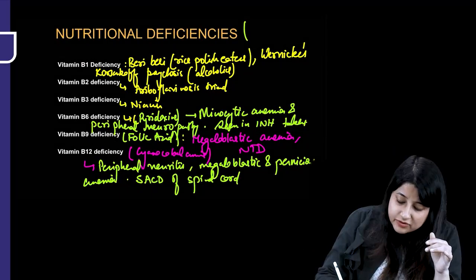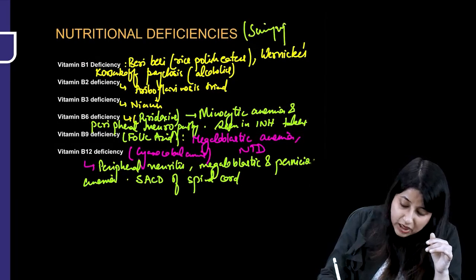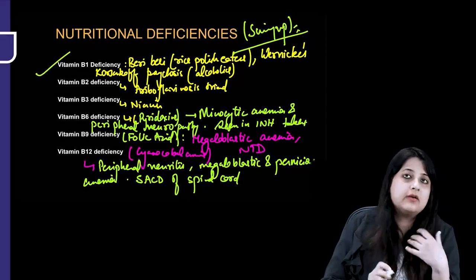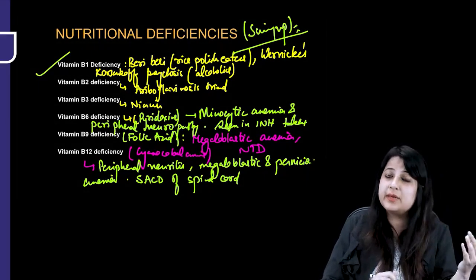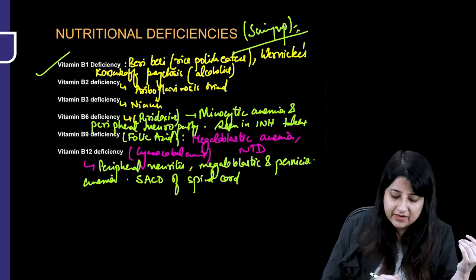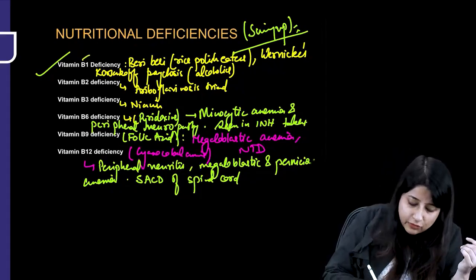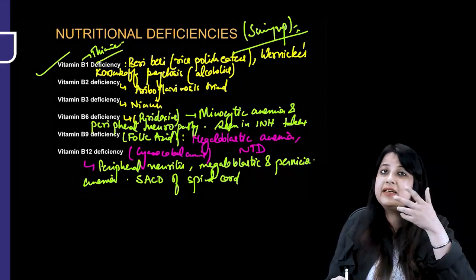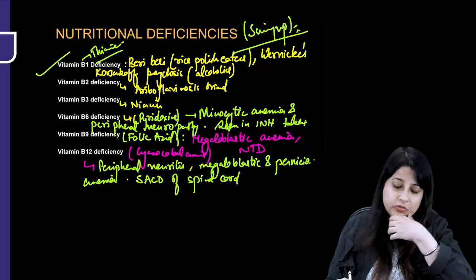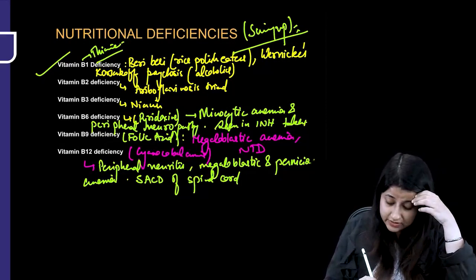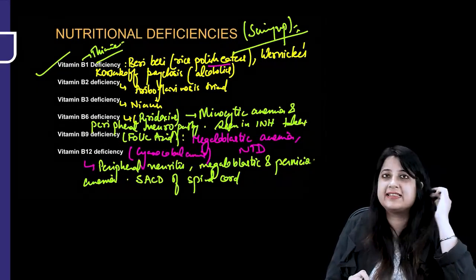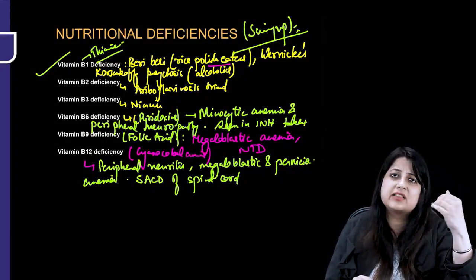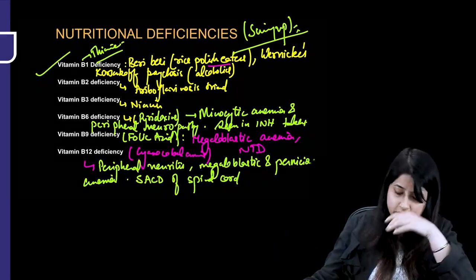Now nutritional deficiency, this is just a summing up chart, guys. Like you all know, vitamin A we have done. What about vitamin B1? B1 is basically thiamine deficiency, okay. So where do you notice thiamine deficiency? In thiamine deficiency, what happens? Beriberi, okay. Beriberi is very important. This is noticed among polished rice eaters, okay. Basically in Andhra Pradesh, Telangana, those sites, okay.